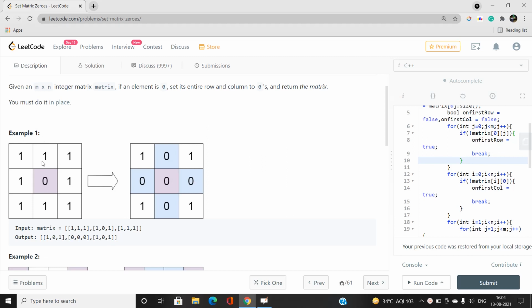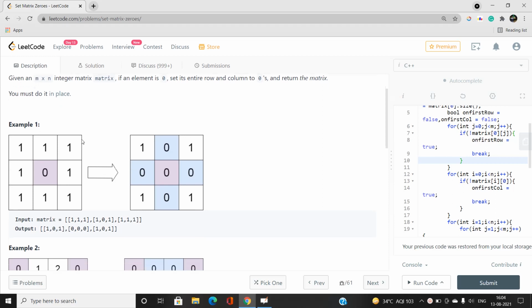Finally, return the matrix. One more thing: you must do it in place, that is, we are not going to use extra memory. If we were to use extra memory, I will tell how that would be done too. For now, let's look at the constraints and examples.